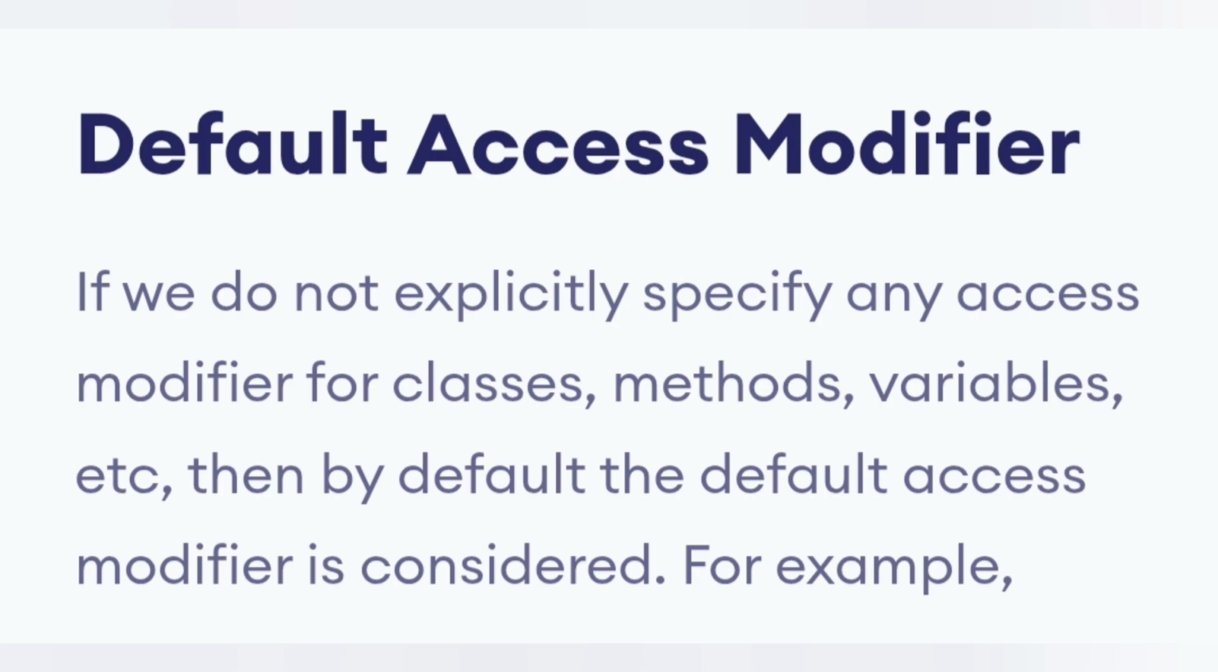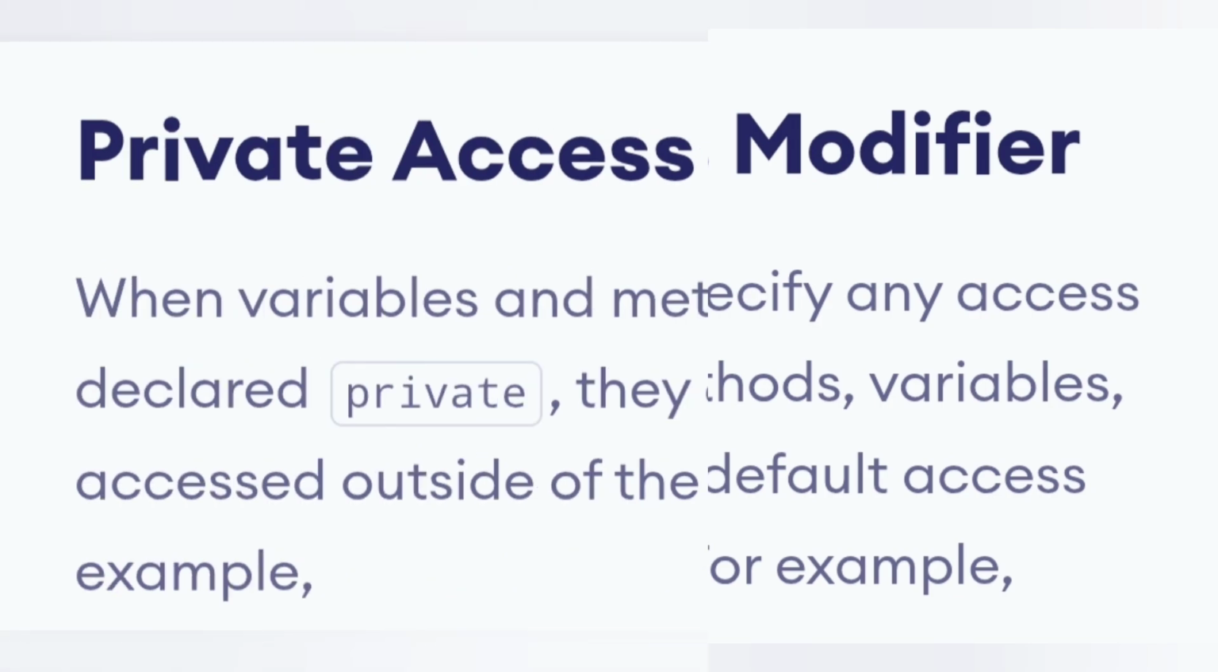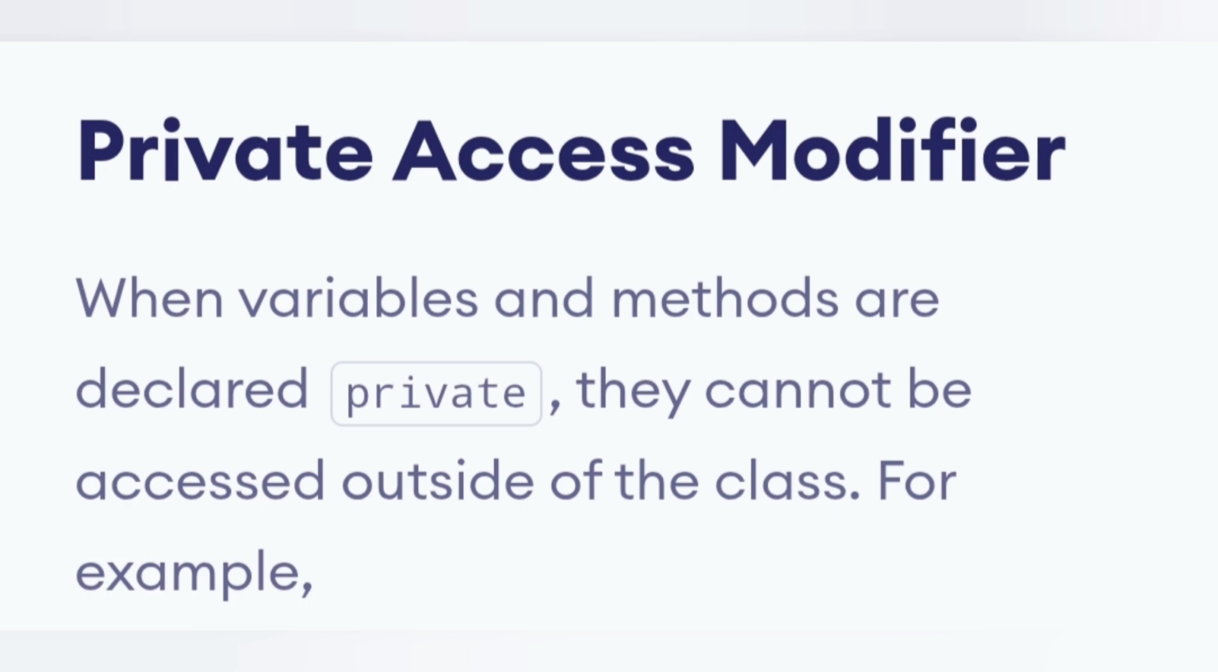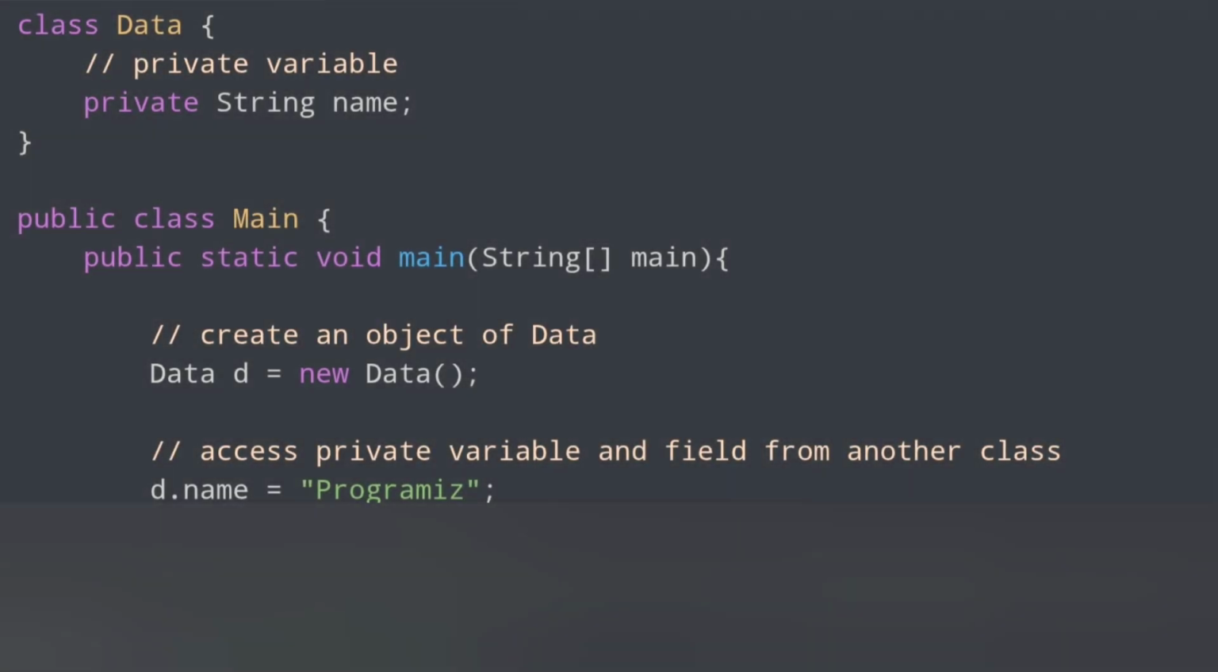The next is the private access modifier. When variables and methods are declared as private, they cannot be accessed outside of the class. It can be accessed only within the class. If we see an example, here the class name is given and the string name is declared as a private variable, and the main method has been defined here. An object is created and